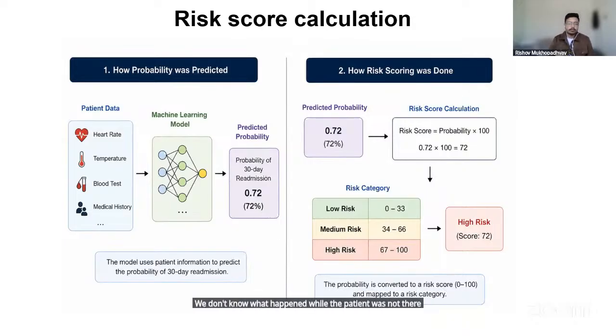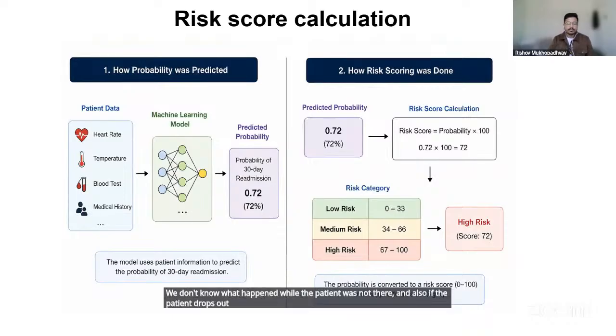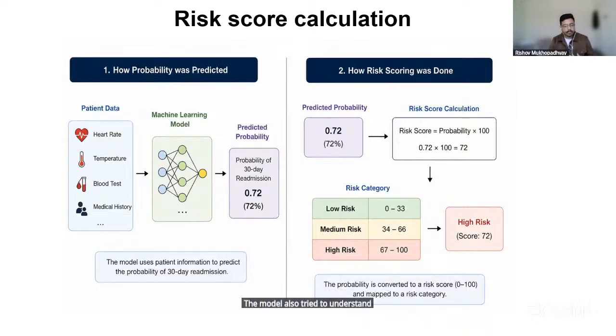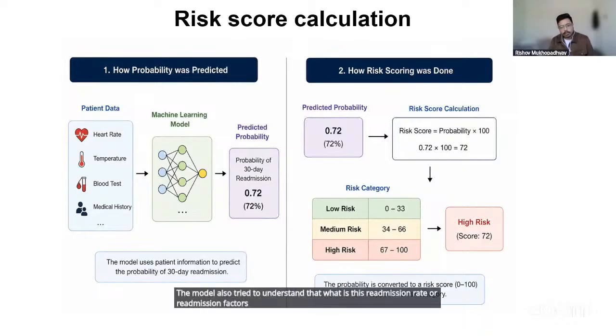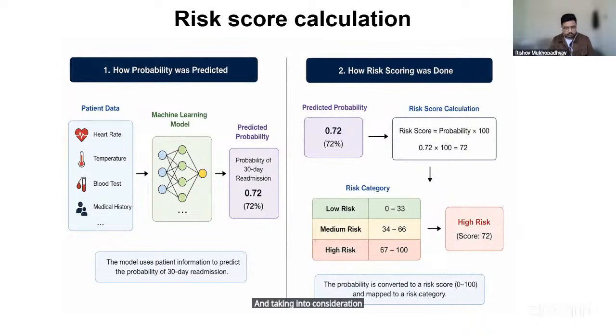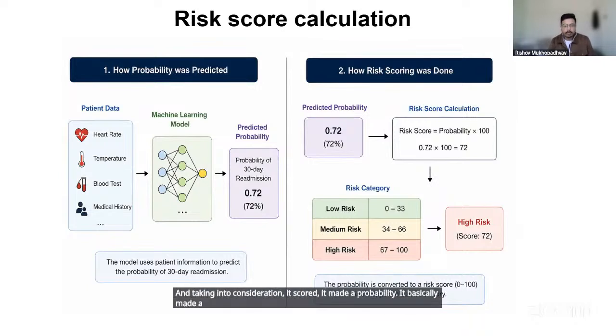And also, if the patient drops out, then this is kind of a false positive, because our model would say that this trial is at risk, but the patient is coming back after 30 days. So from the data, the model also tried to understand what the readmission rate or readmission factors are, and taking them into consideration, it made a probability of dropout